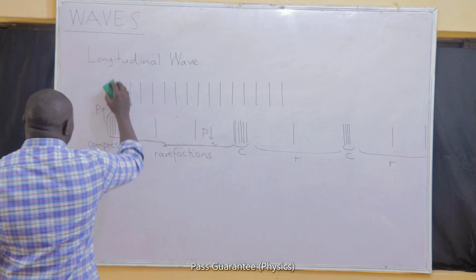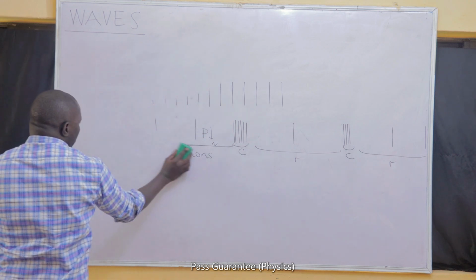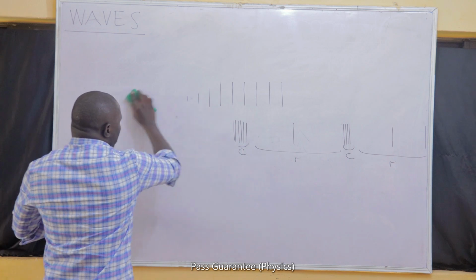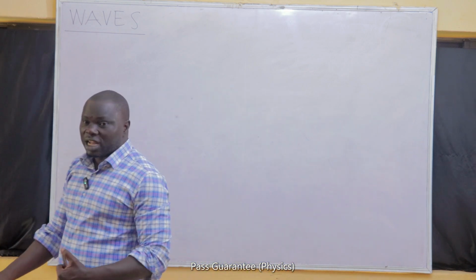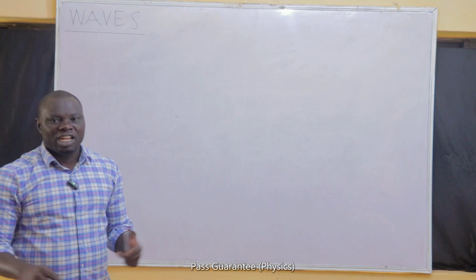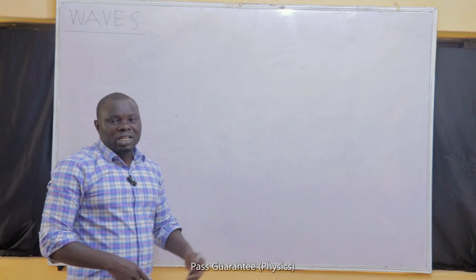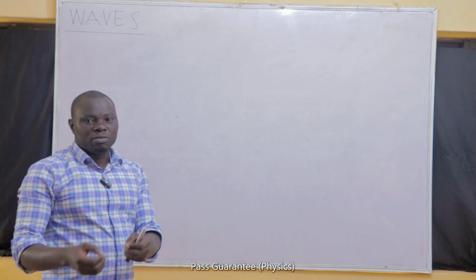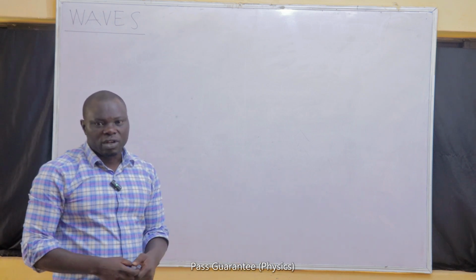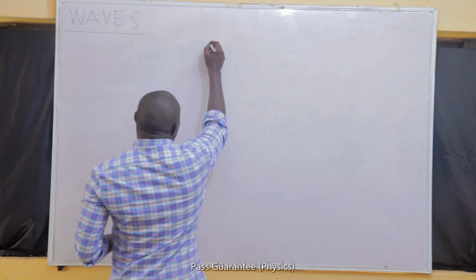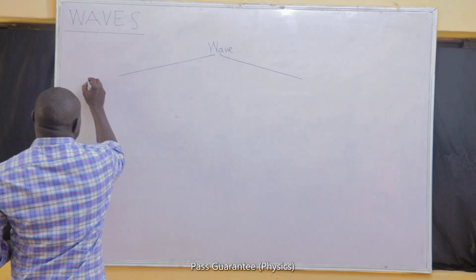So for now, we'll move to other types of wave. We are still going to come back to this. We have classified waves based on their requirement of material medium into mechanical and electromagnetic. We have also classified waves based on the direction of vibrations of the medium with relation to the direction of travel of the wave. Now we want to classify waves with relation to their pattern.